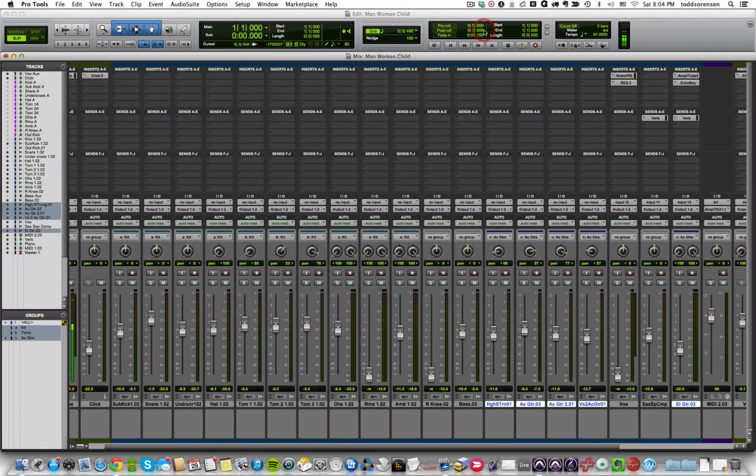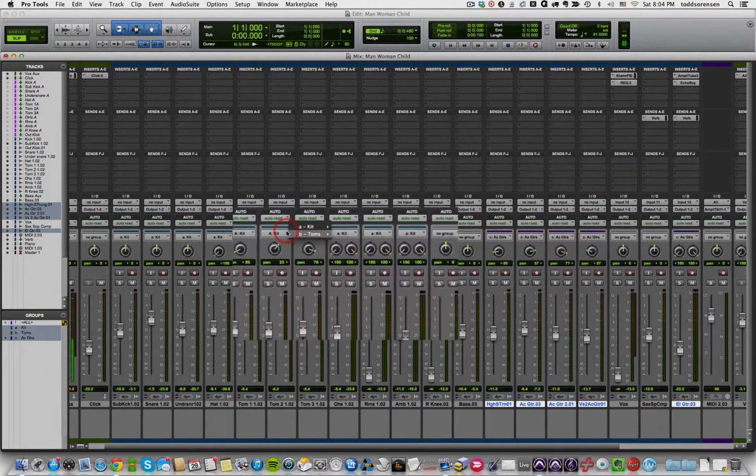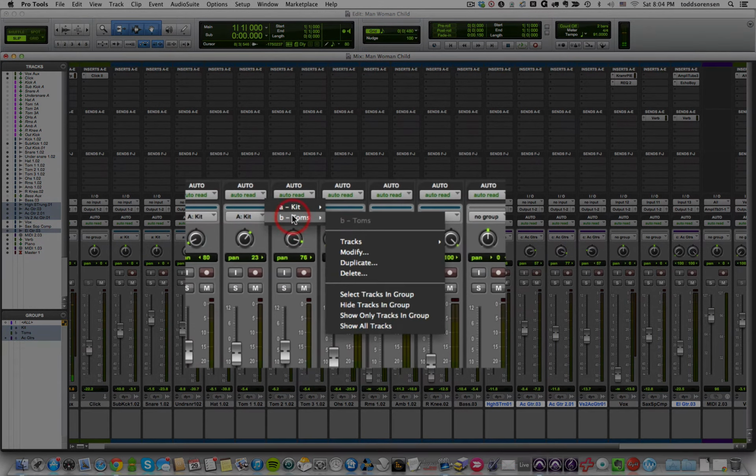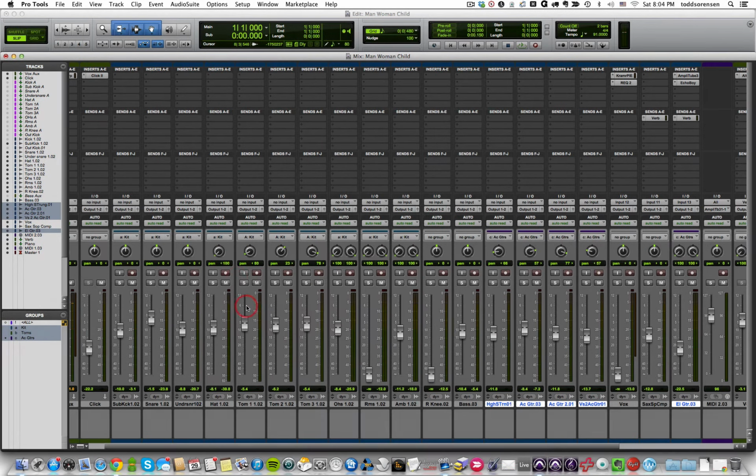You can delete groups a number of different ways. You can come here to the actual ID icon and click on it, and you could say, okay, I want to delete the toms group. You could delete it this way. Or you can come over here to the group list and right-click on a specific group and say delete. So let's try deleting a few of these. Let's delete the tom group. So I'll click on that and I'll